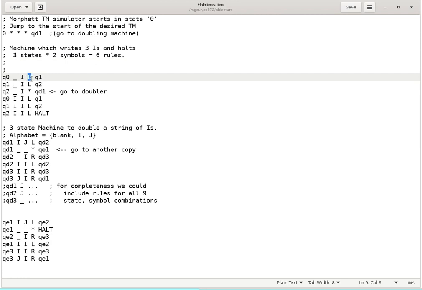It could move left, right, or not move. It could go to Q1, Q2, or Q0. We could go back to Q0 or we could halt, okay? So for this doubling machine,